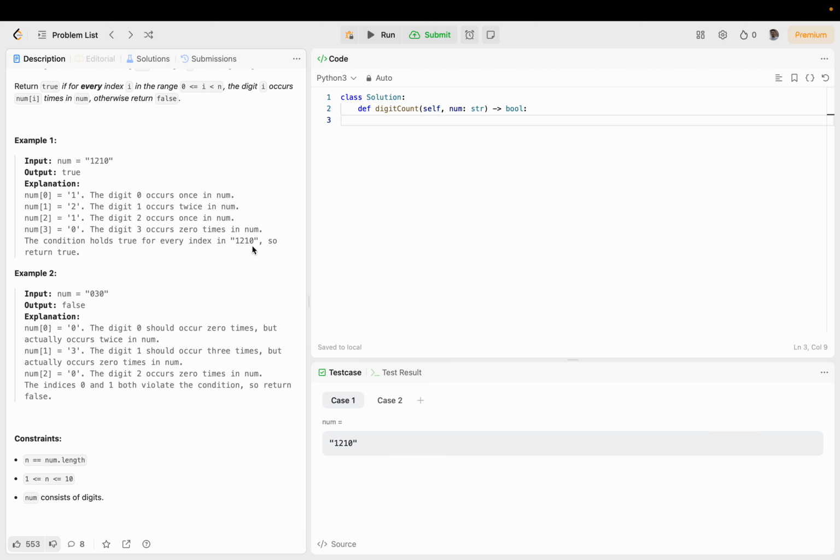hmm, for sure I'm going to need a hash map here, but I want to maintain the order of this. I'm going to return true if all of the conditions hold. How many times did the number 1 occur? Zero times. Cool. How many times did number 2 occur? It only occurred once, so that's the index. So hash map equal to Counter